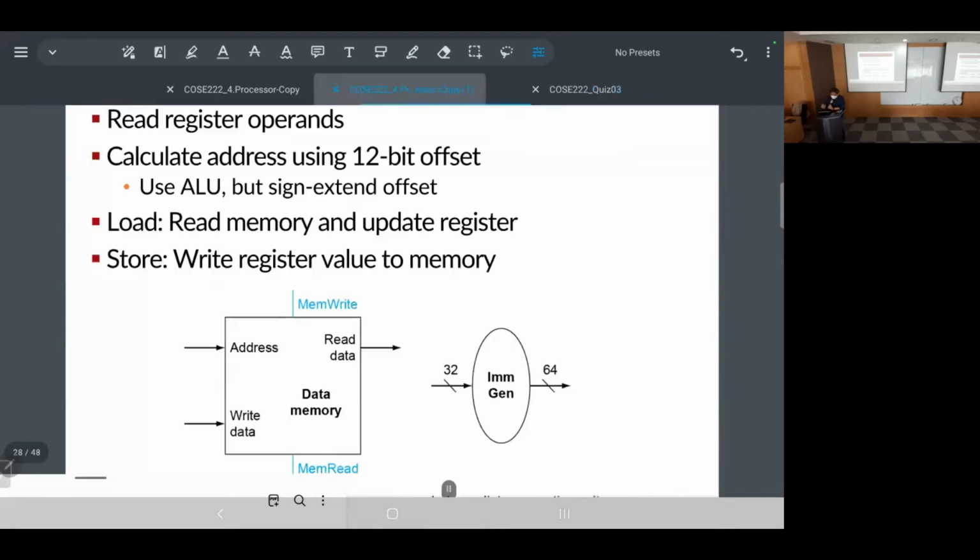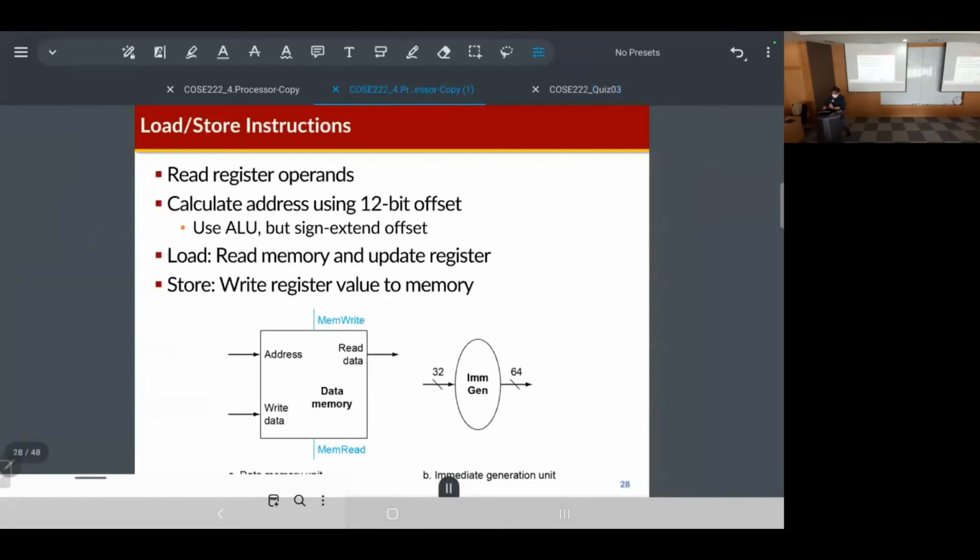Let's go back to the class. I explained until the execution stage, and maybe I also explained about the memory stage. Okay, so memory stage, and then actually two instructions, the load instruction and the store instruction, only access the data